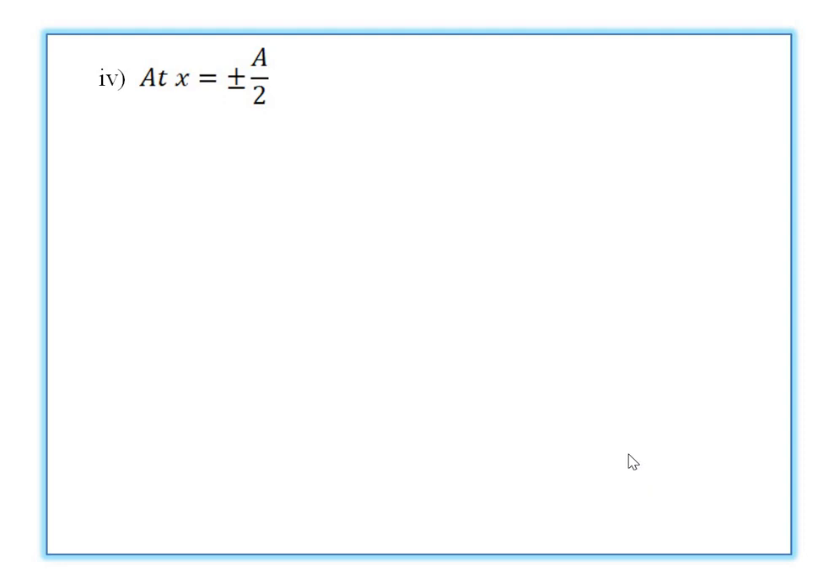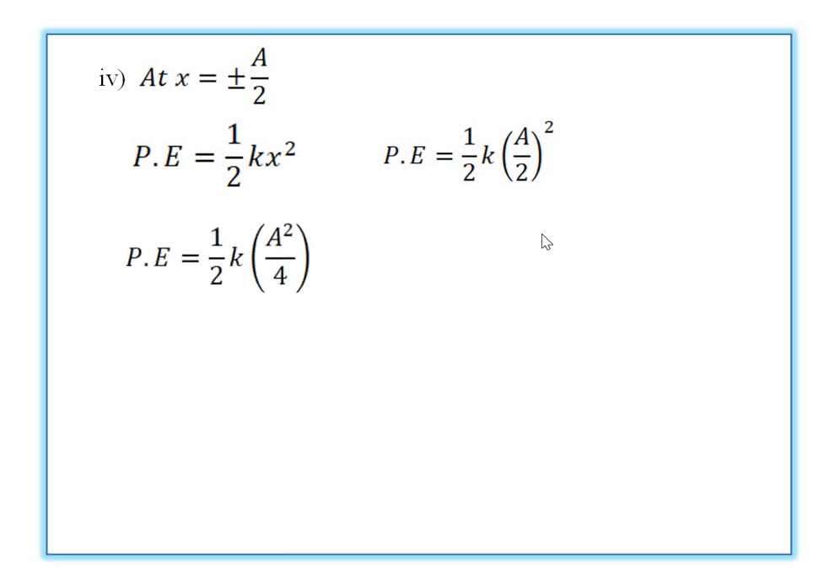The next case is at x equal to plus or minus a by 2. For potential energy, we know the formula is 1/2 k into x square. Putting this value of x in this equation and solving, potential energy is equal to 1/2 k into x square, that means a by 2 bracket square. Solving this, potential energy is equal to 1/2 k into the bracket a square divided by 4. So rearranging this term,